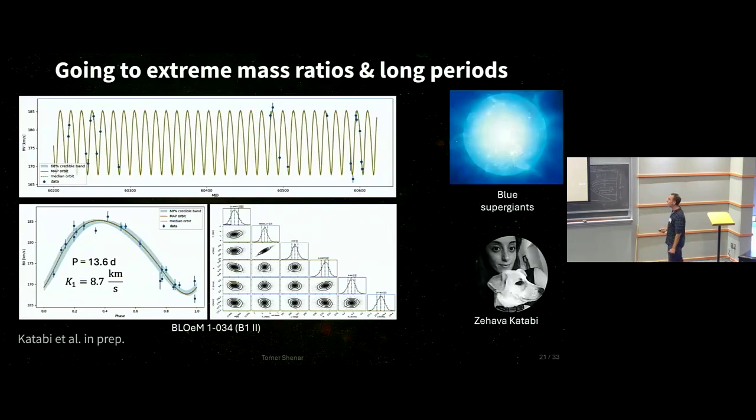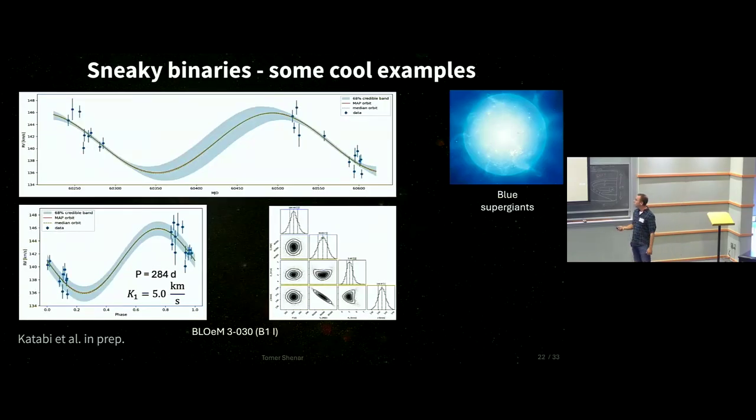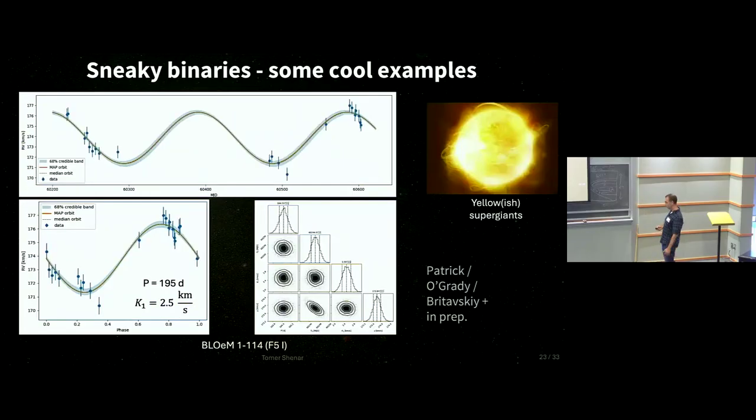before. To show you some cool examples, this is a blue supergiant that previously did not pass our binary criteria, has a radial velocity amplitude of 8.7 kilometers per second, but a very, very clear periodic behavior here. So we're finding new binaries. This is a more extreme case, a radial velocity amplitude of only 5 kilometers per second. Here we really want to get the last 4 epochs, but it passes our significance criteria. This is a yellow supergiant. Again, radial velocity amplitude of only 2.5 kilometers per second, but passes our significance criteria. And again, we are eagerly waiting for the last 4 epochs to verify this.